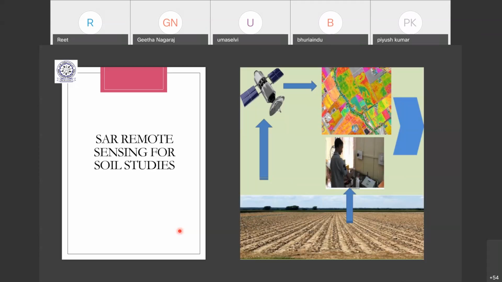We study a particular field today, and after a month the property of the soil will change. Then another important parameter is soil moisture, because if we know the moisture content of the soil, then we can determine which type of crop it can support, how much irrigation will be required for supporting x number of crop, x type of crop, like